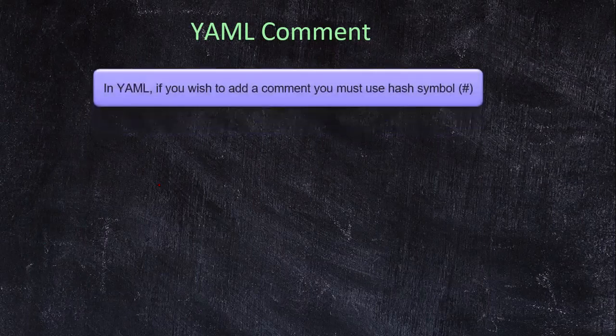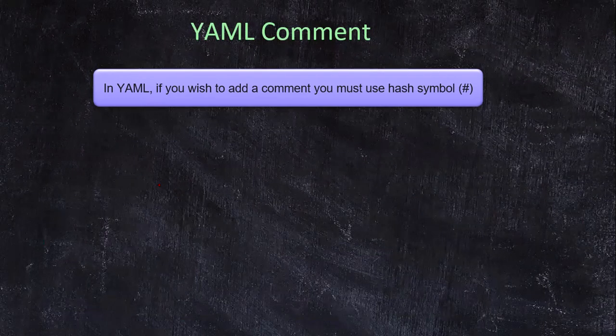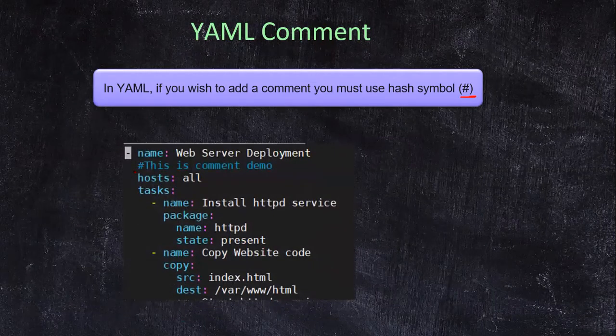Now, talking about the customizations or the specific lines that we add to our playbook. If there is a need to give additional information within your playbook itself, maybe you want to give a specific line mentioning additional details about that part of the code, then you can use a comment. When you are using a comment, it is important that you use the hash symbol. An example would be, you would write hash and then whatever is your comment with respect to your code.